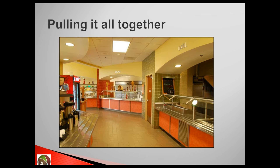In this one, you notice that we have both arches and lighting above each serving counter. We have ceiling shapes even above the beverage counter on the left that bring attention to it. We have contrasting tiles on the walls to let you know that you've ended one venue and you're starting towards the next one. And one thing in particular, if you look on that salad bar, the